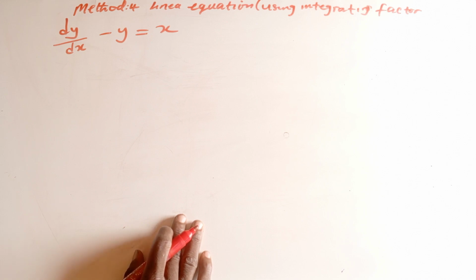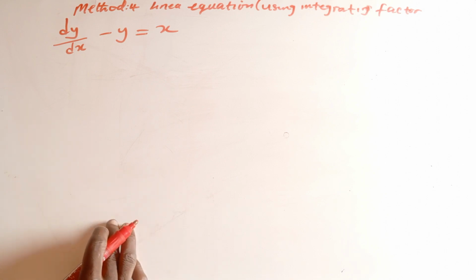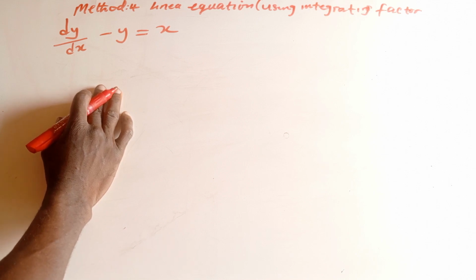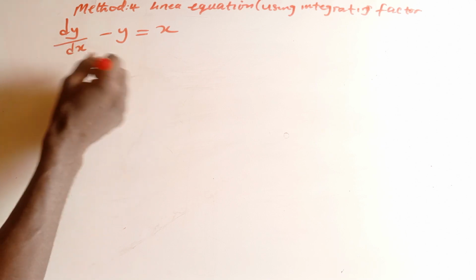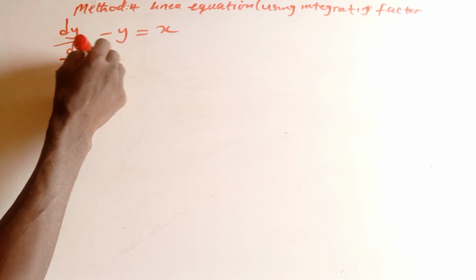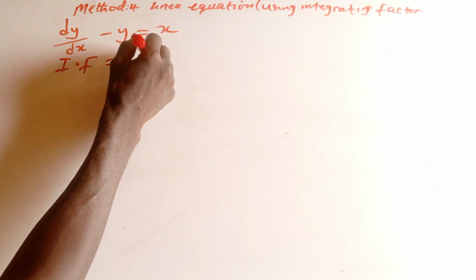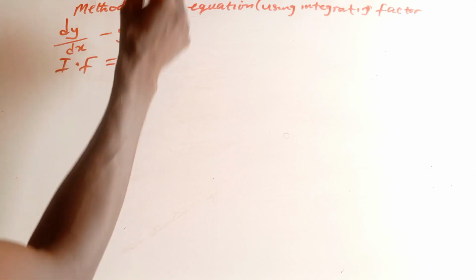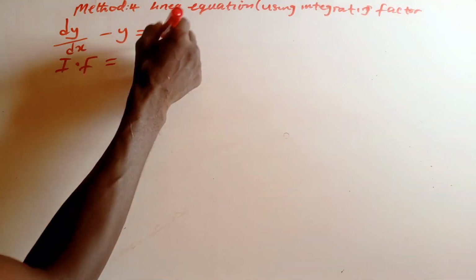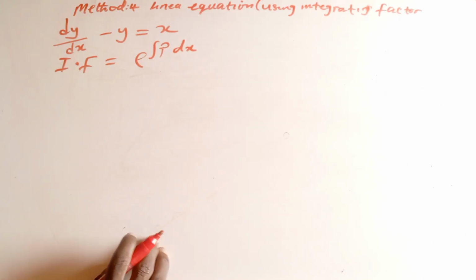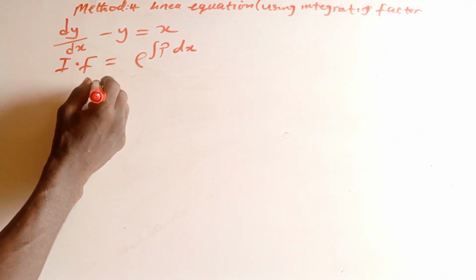In this question we are going to solve a differential equation using method 4, that is linear equation using integrating factor. The integrating factor is equal to the exponential of the integral of p. That is the integrating factor. The general form of the equation for the integrating factor method is